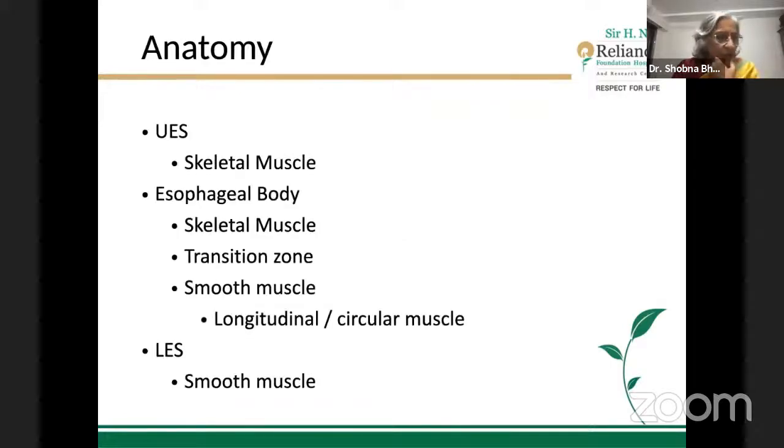So starting with the anatomy of the esophagus, we know that the esophagus is composed of 3 parts: the upper esophageal sphincter, the esophageal body, and the lower esophageal sphincter. Now, what sounds very simple, that the upper esophageal sphincter and the lower esophageal sphincter straddle the esophageal body and open at the time of swallowing and close as soon as the bolus is transported into the esophagus. But the actual mechanisms that have been elicited in recent years show that this whole process of bolus transport is indeed a slightly complicated process and is tightly regulated by the muscle as well as the neural compositions of the